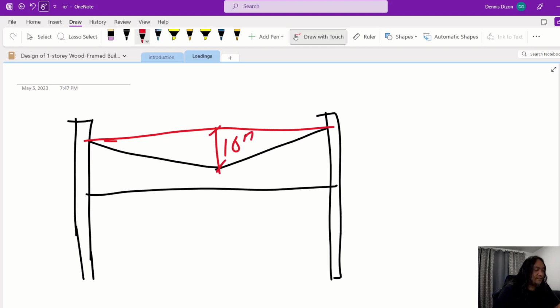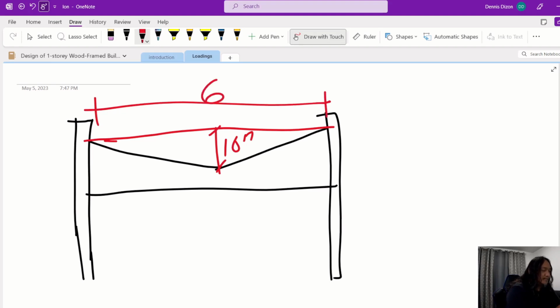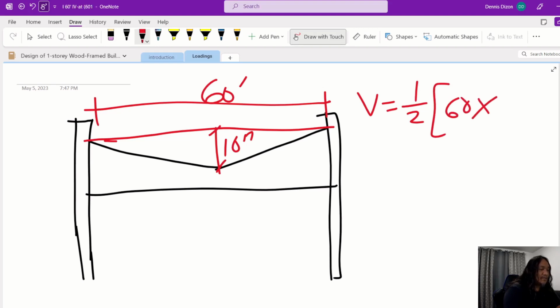So that's 10 inches. Therefore, our volume for this one, the total width is 60 feet. So the volume is equal to 1/2 of 60 times 10 over 12,